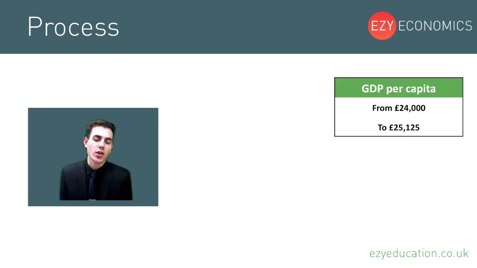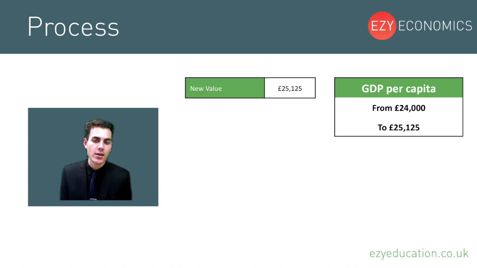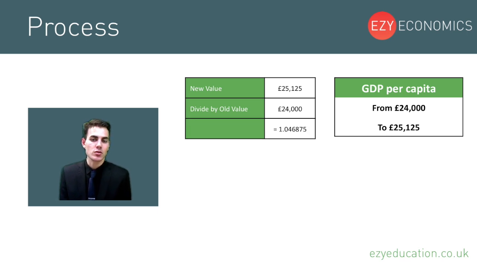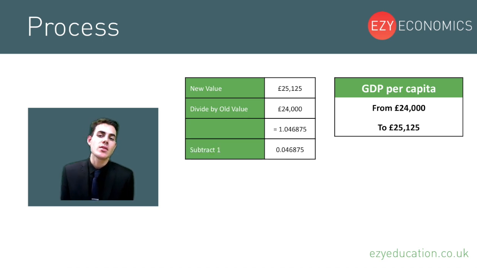So for this particular question, we first need to identify what the new and old values are. The new value is what GDP per capita has risen to, which is £25,125. The old value is what it's risen from, which is £24,000. And then we have to divide the new value by the old value to give us 1.046875. Then we subtract 1 away from this figure, which is